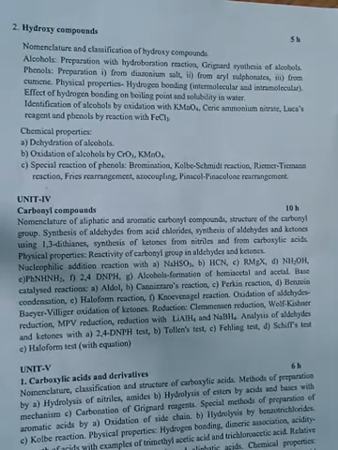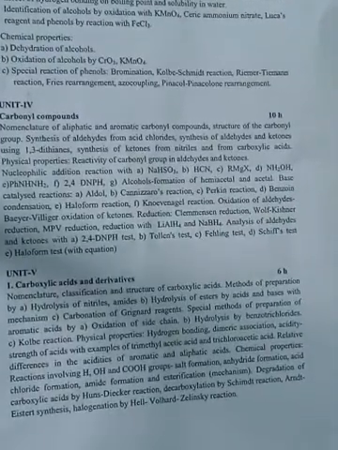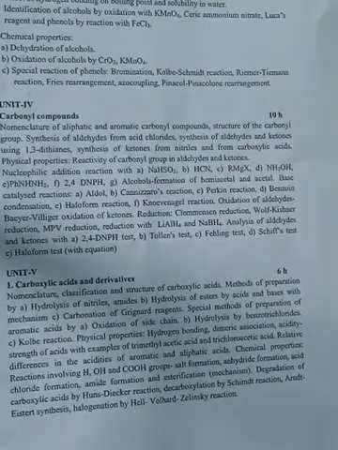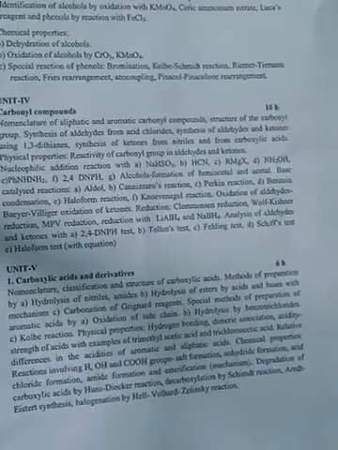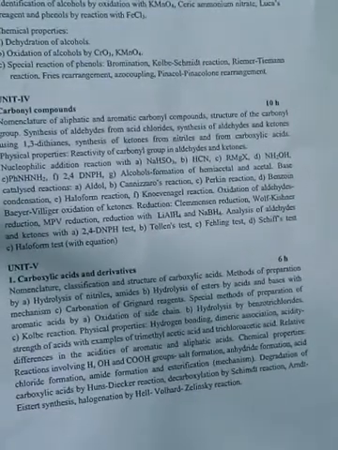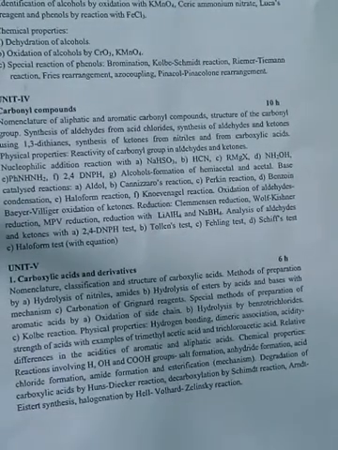These are the subtopics in Unit 4, carbonyl compounds, and the final unit is the fifth unit. The fifth unit will contain 2 chapters. First one is the carboxylic acid and its derivatives, and second one is the active methylene compounds. In the carboxylic acids and derivatives chapter, we have to discuss what is meant by carboxylic acid, and the nomenclature of the carboxylic acid will be discussed.